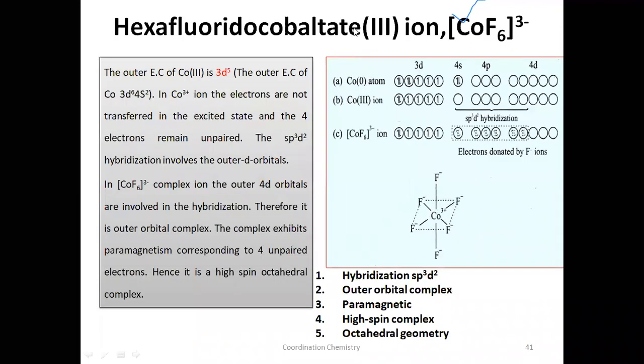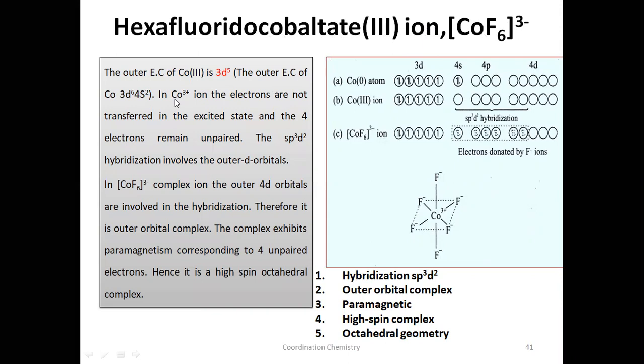Let us take one more example. There is hexafluorido cobalt(III), or you can also call it fluoro cobalt(III) ion. This is the hexafluorocobaltate(III) ion. The charge on the complex is -3, and since six fluorides are there, -6, so -6 plus x equals -3, which gives +3. Plus 3 will be the oxidation state of this cobalt. Since the coordination sphere carries a negative charge, this is cobaltate. Cobaltate we are using here.